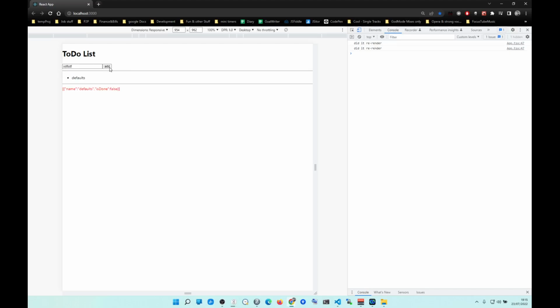Yes. Okay. That makes sense now. Now you see, it's not rendering. Now we have two states, right? We have two states. One controls the input. One controls the array of to-do items, right? Notice, when we're typing, we are updating the state inside the store, right? But